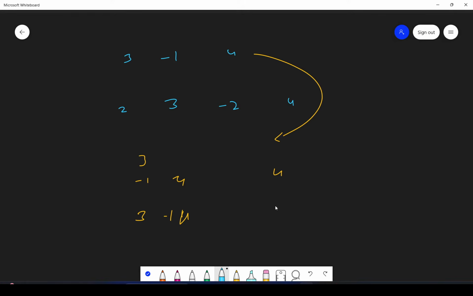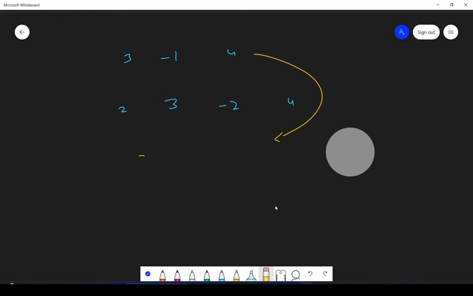If you see the products, this is 3, this is minus 4, this is minus 12, and this is only 4. So the maximum here is 4, and this will be the output. A subarray can also have one element. So this is the subarray which has the maximum product.